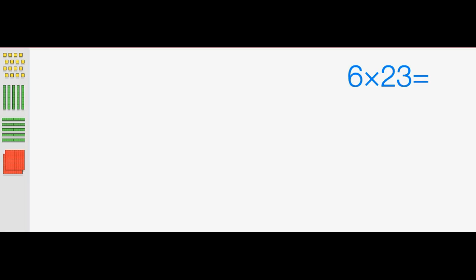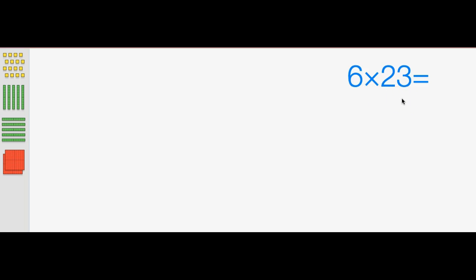All right, guys, we are going to explore some more about multiplying a two-digit number by a one-digit number. And today we're going to use base 10 blocks again. The base 10 blocks help us understand how we can multiply that two-digit number because we also understand the distributive property. So what we're going to do is look at this problem, 6 times 23, which